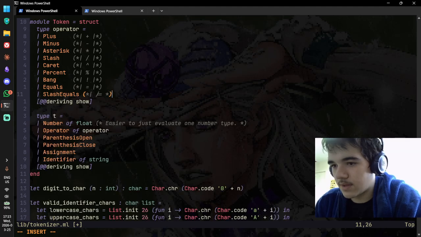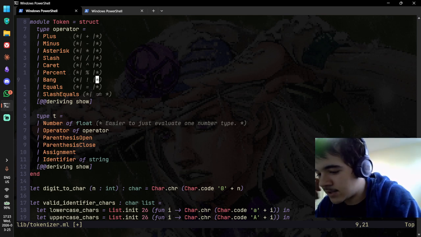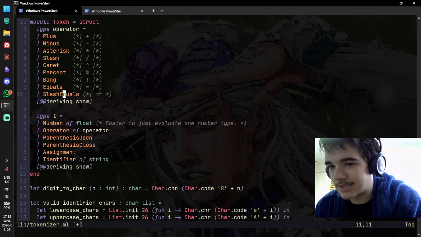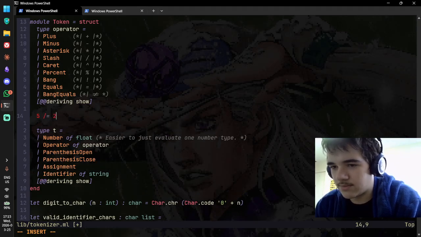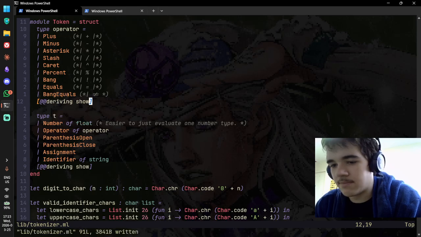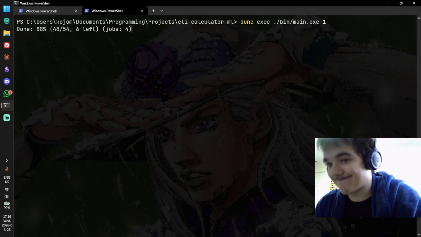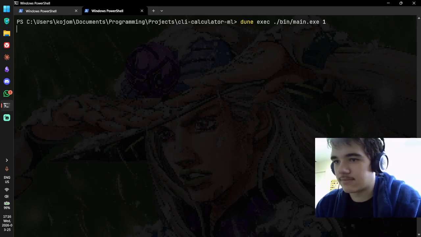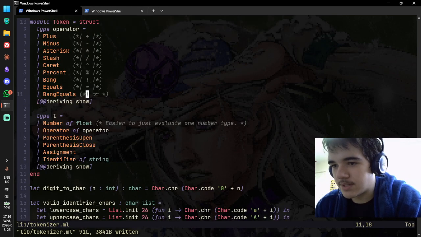The font doesn't really support it properly, but because of the font I'll use an exclamation mark for now anyway. Although if I do 5 not equals 2, okay, it doesn't even parse it. Doesn't matter. But here, if I were to run my application, if I did 5 not equal 2, yeah, okay. I guess I have no choice. So bang equals,